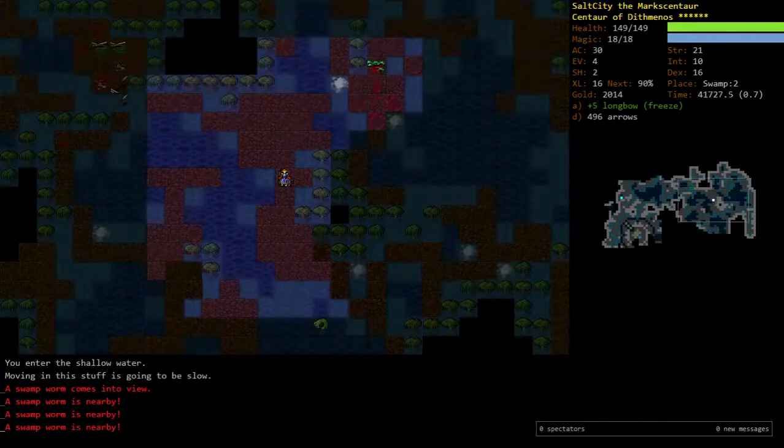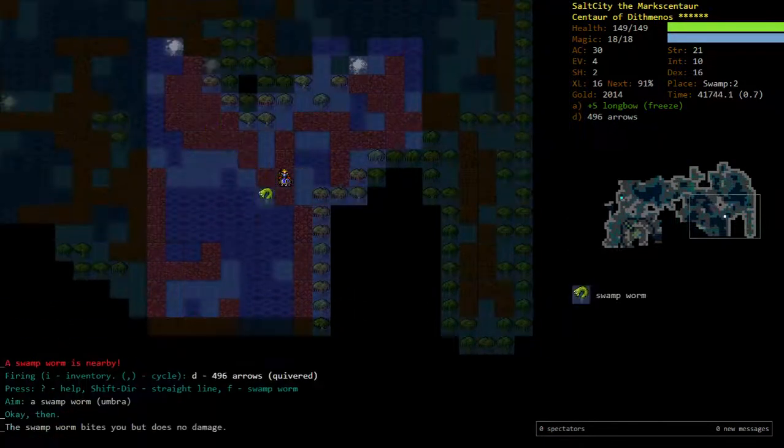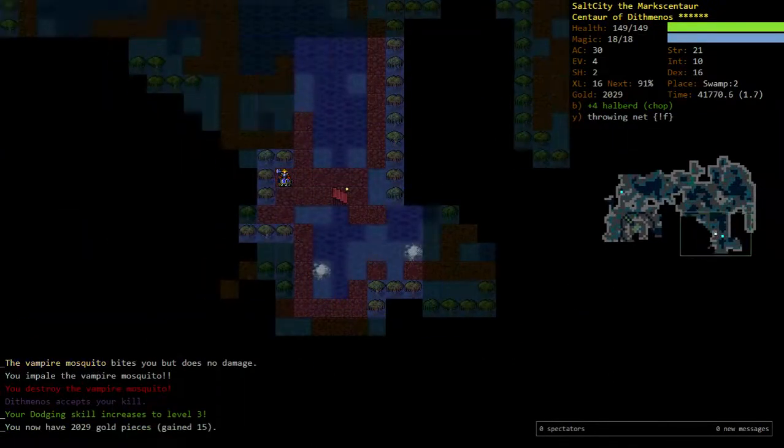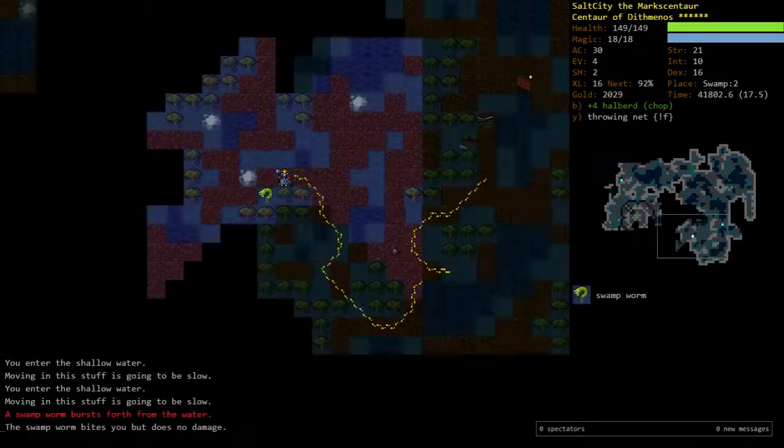I turned my brightness down because it was really bright before from playing KOTOR. And it's actually making things kind of hard to see, especially with the Dithmenos shadow. That's all good. Dodging's down up to 3 now, and that gives us an extra point of evade, which is